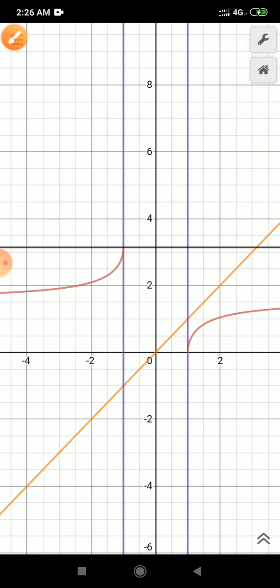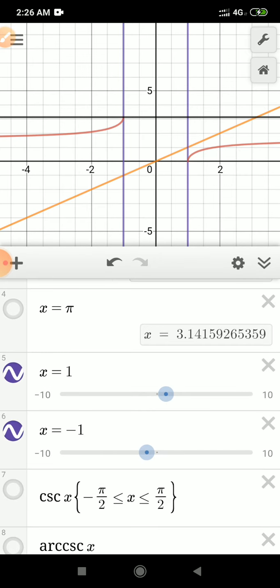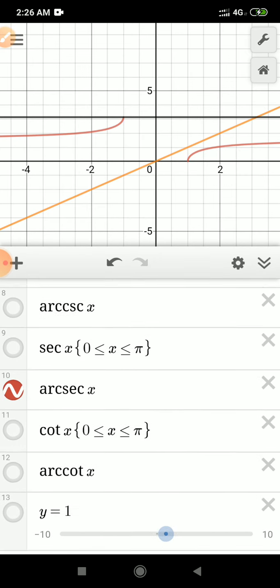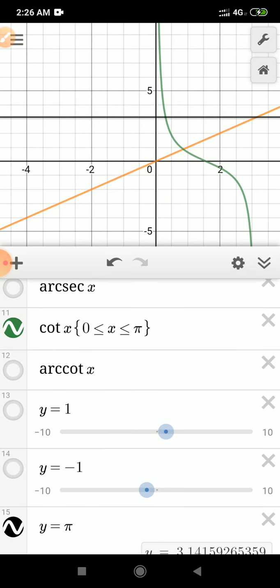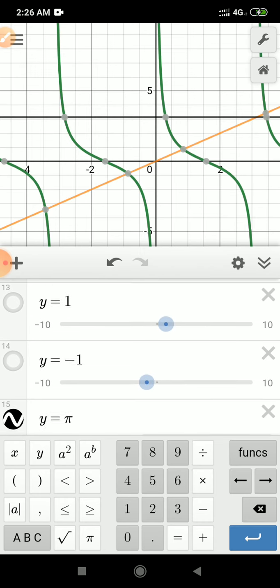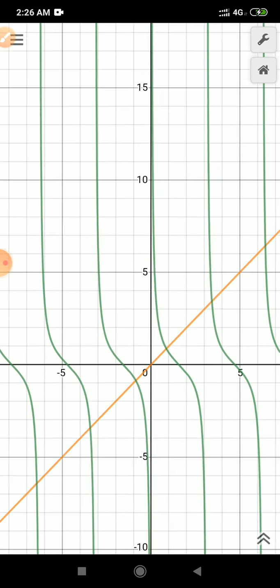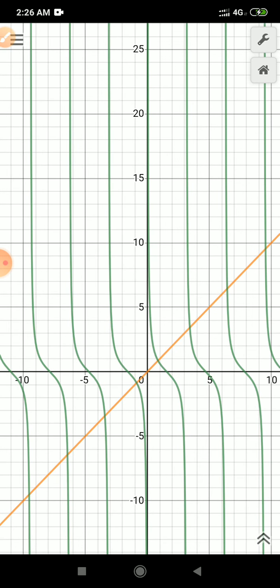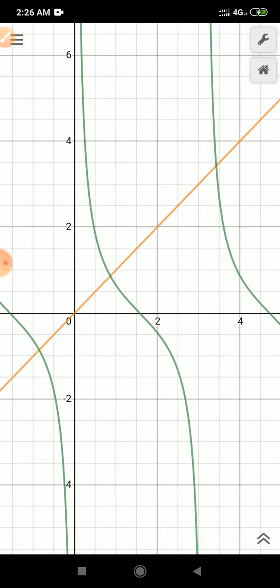Similarly, for cot inverse, we will plot the graph for cot, and then I will come to the cot inverse function. So basically this is the graph for cot. Clearly you can see it is also having more than one branch. So to make it injective, first of all we have to choose the domain,